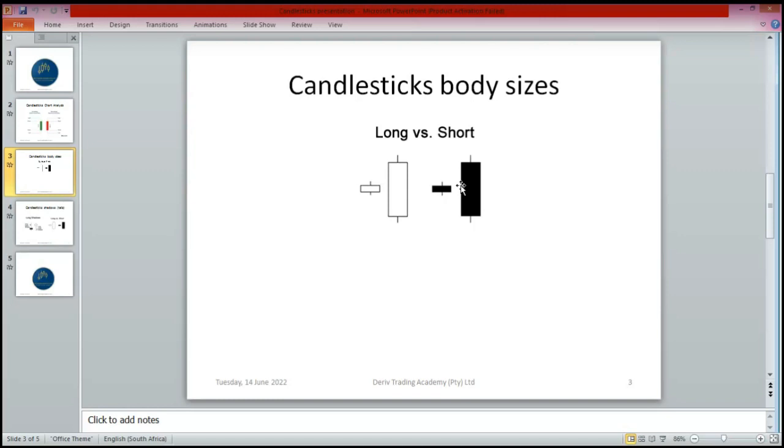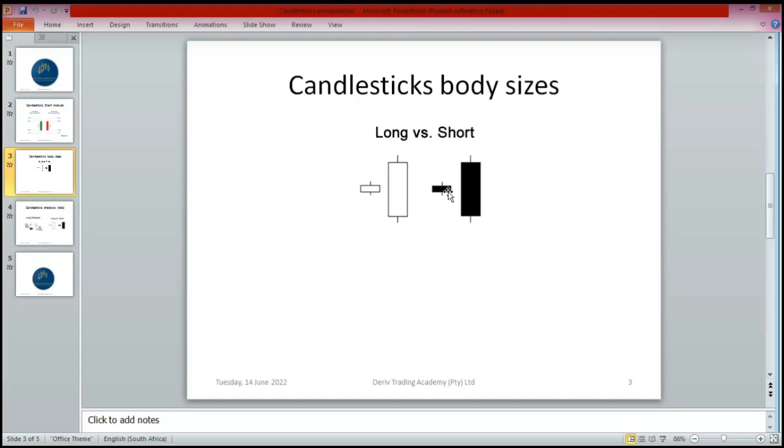If the body is long, it means that there was a high pressure. If the body was short, like this one, that means the pressure was low. Now, if there is a candlestick in which the closing price is above the opening price with